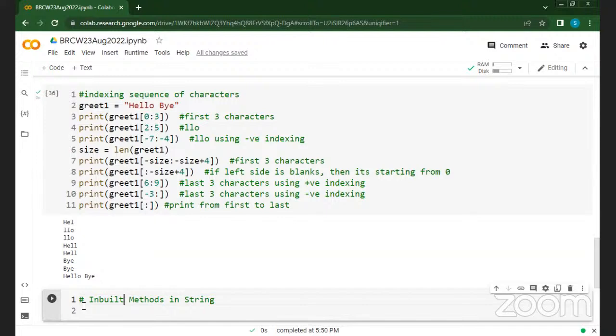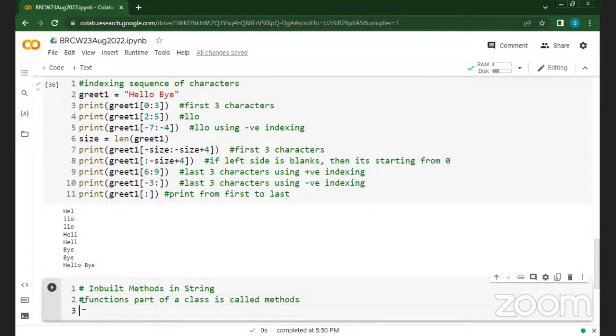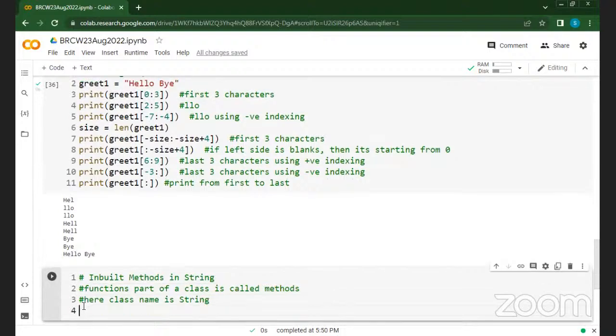When you use functions in a class, just like the string class, they are called methods. So functions that are part of a class are called methods. Here the class name is